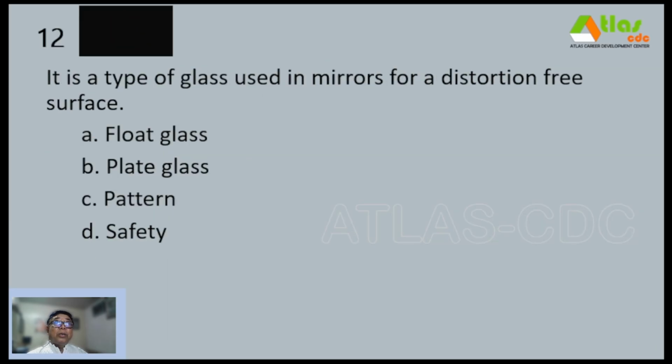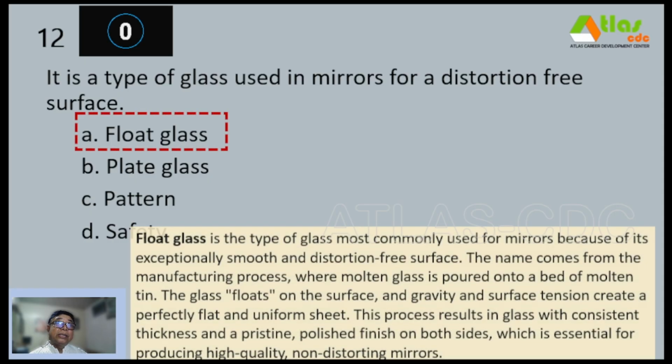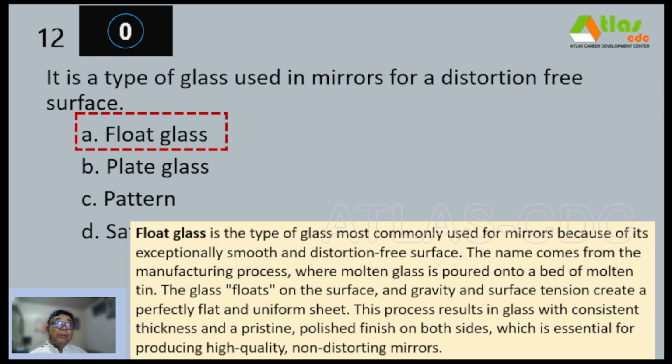Number 12. It is a type of glass used in mirrors for a distortion-free surface. A. Float glass, B. Plate glass, C. Pattern, and D. Safety. And our correct answer is letter A, float glass. So float glass is the type of glass most commonly used for mirrors because of its exceptionally smooth and distortion-free